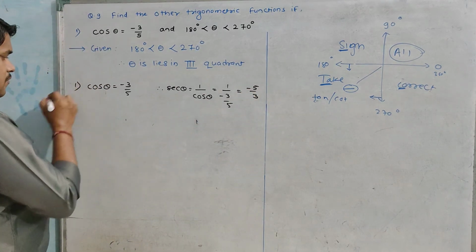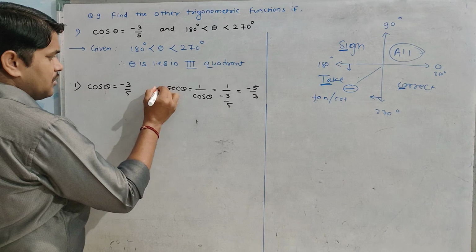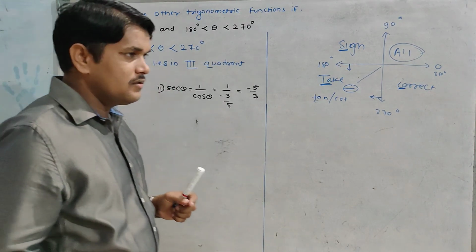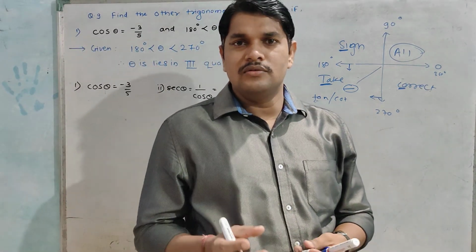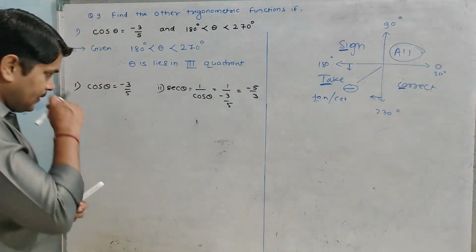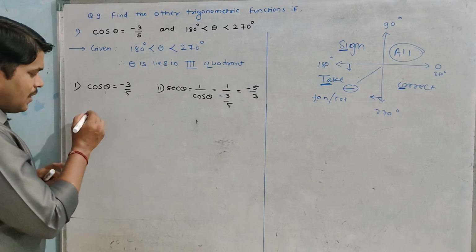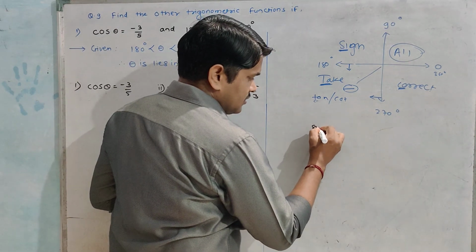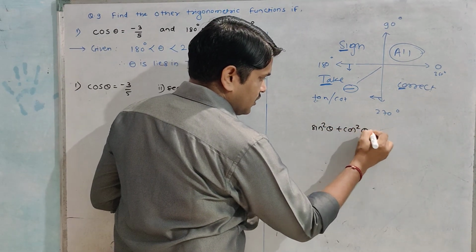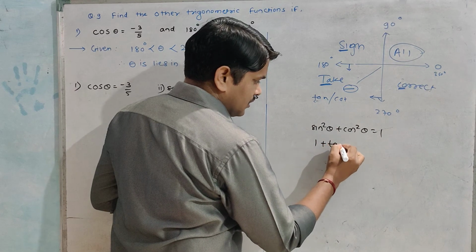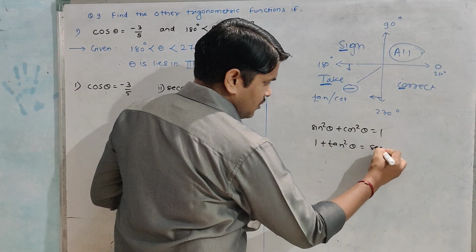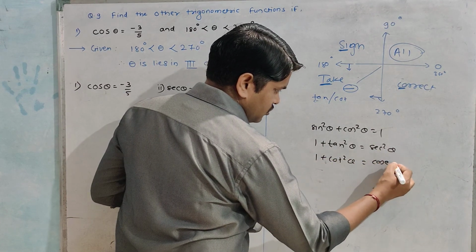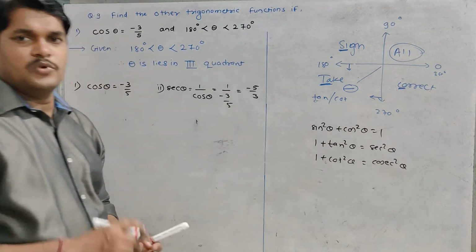Okay, so suppose this is our first trigonometric function. Suppose this is our second trigonometric function. Now we have to find cosec, tan, cot. So there are different methods. So first, by using identity. Okay, we have three identities: sin square theta plus cos square theta equal to 1, 1 plus tan square theta which is equal to sec square theta, and 1 plus cot square theta which is equal to cosec square theta. Okay, 9 and 10 standard question आपल्या identity matters.